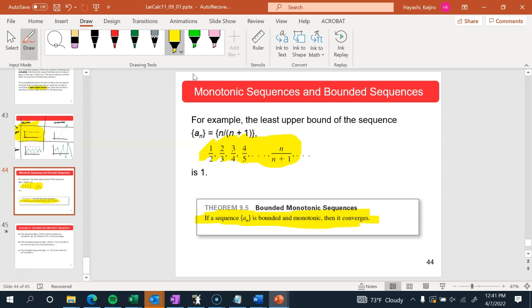And so this sequence actually is a convergent sequence, and it converges to that upper bound of 1, which you could actually find out by taking the limit of n over n plus 1 as n goes to infinity. You can find out it's convergent that way, but